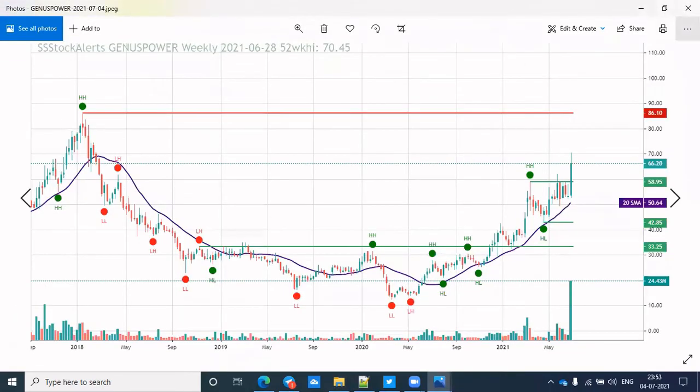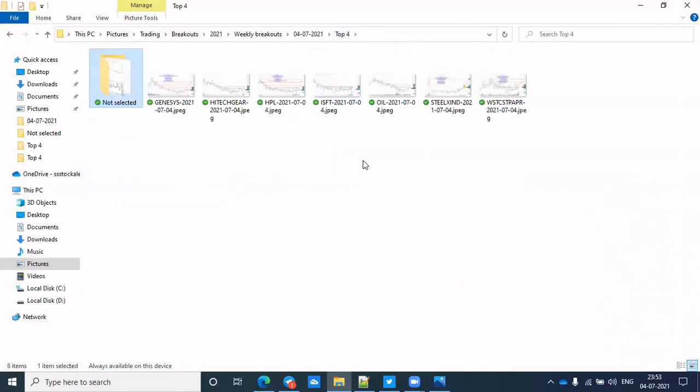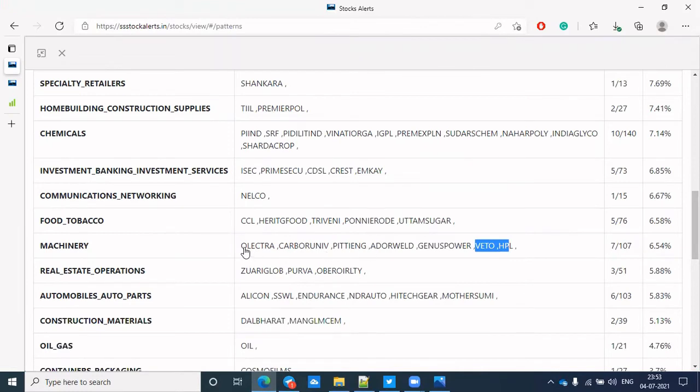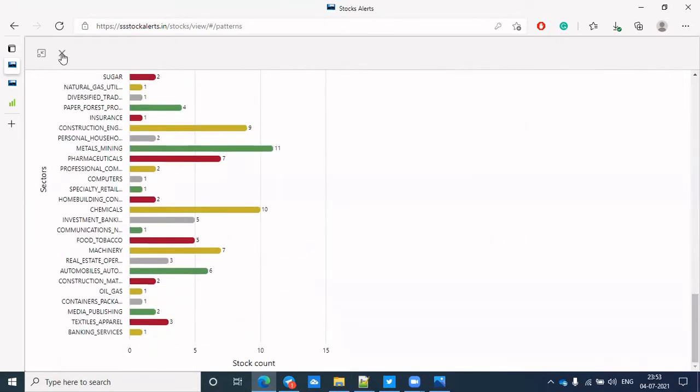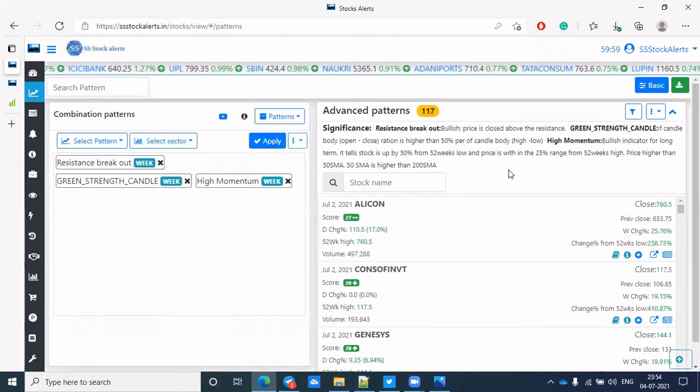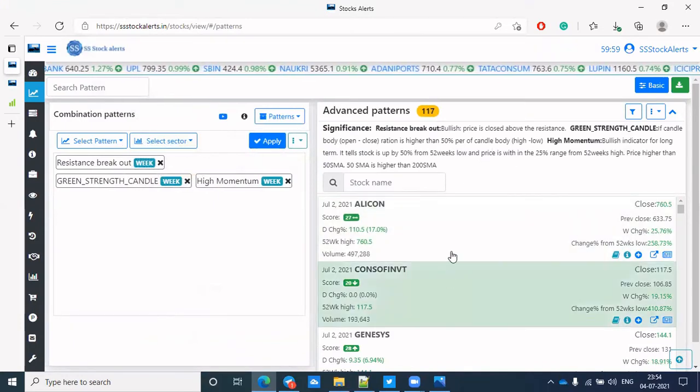But we cannot buy all four stocks from the same sector. We want to identify the best one. So do the same thing again: open any stock here, Electra or HPL, and compare it with the other one. By the comparison, based on the fundamentals and the 52-week performance, this is the good one, so I selected this one. Likewise, you can do the same analysis and pick your stocks instead of depending on us. I hope this video helps you.